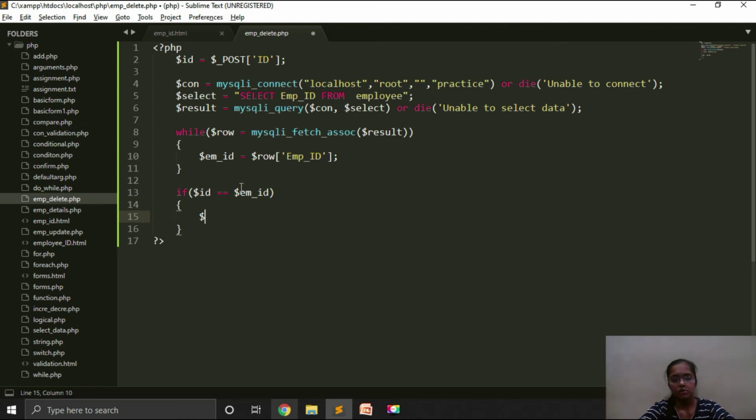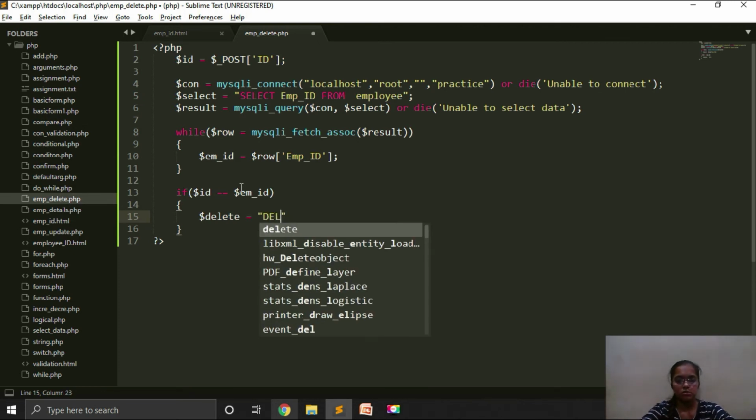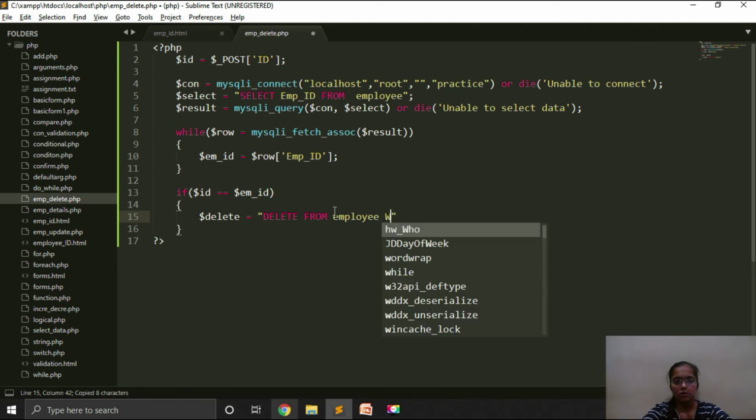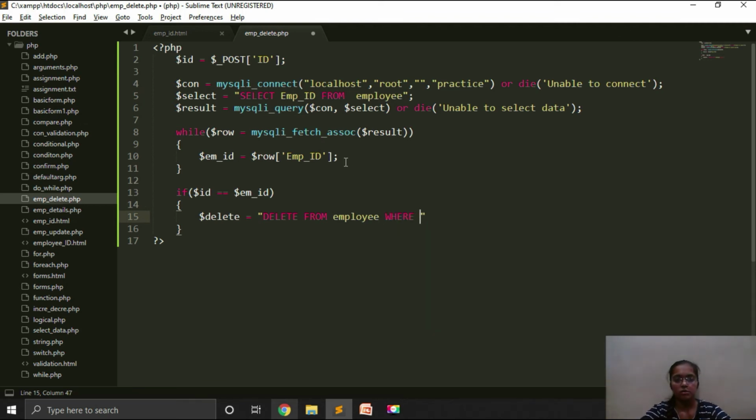For that, delete is equal to delete from table name where the id, that is emp_id, is equal to id, that is the id entered by the user.